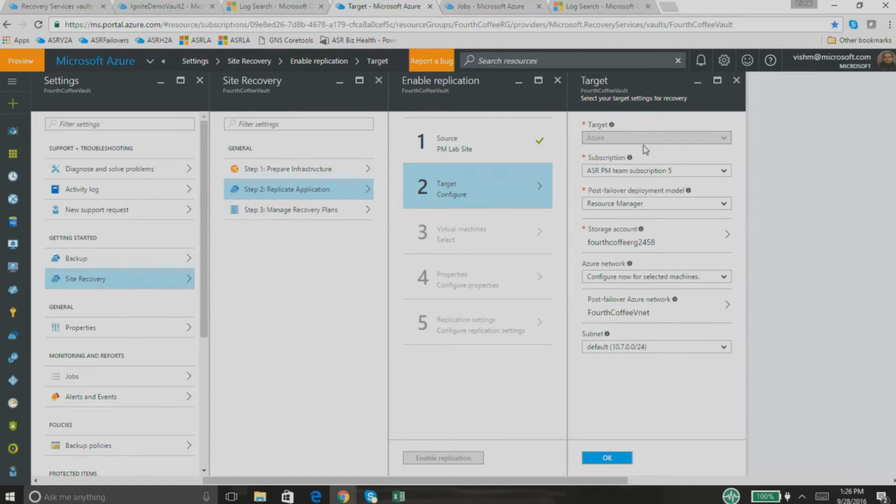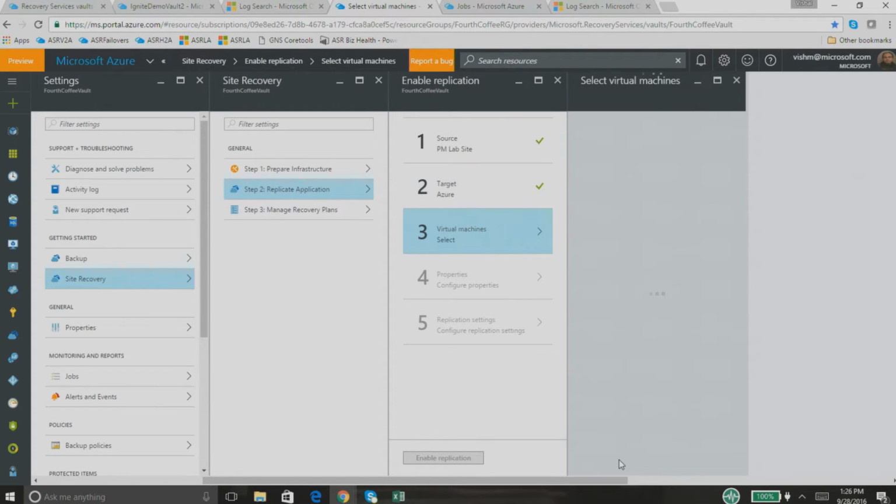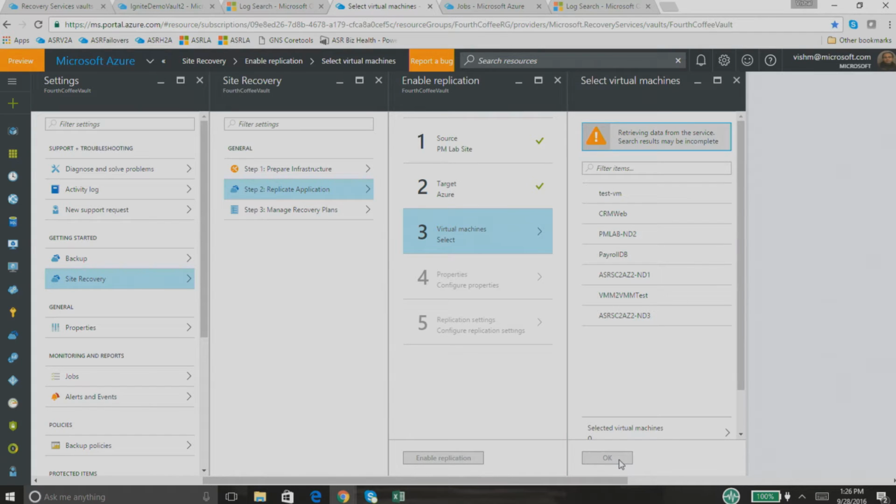My target is Azure, and I want to go to the resource manager, a great platform. I select a storage account, I select a network, I select a subnet. And very much similar to how ASR was able to discover all your VMware environment, the same discovery happens for Hyper-V. So ASR is able to discover all your Hyper-V VMs, so you can select the VMs which you want to